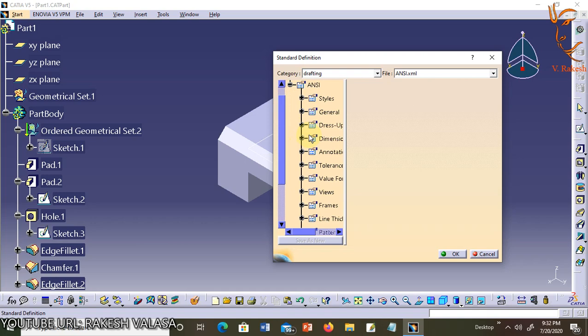This tool is particularly helpful when defining your drafting standards. This tool will be covered in more detail in the drafting workbench lessons.